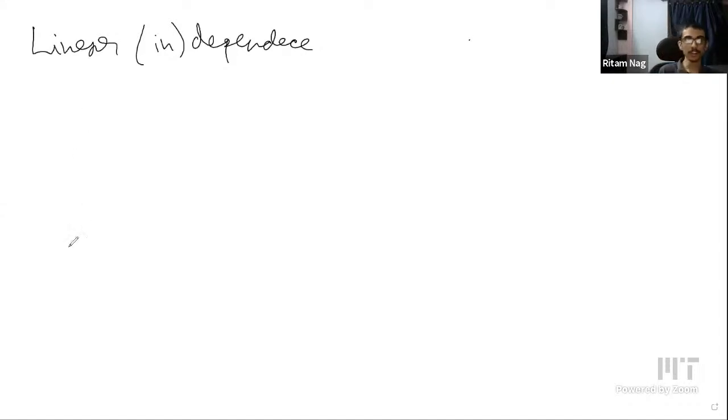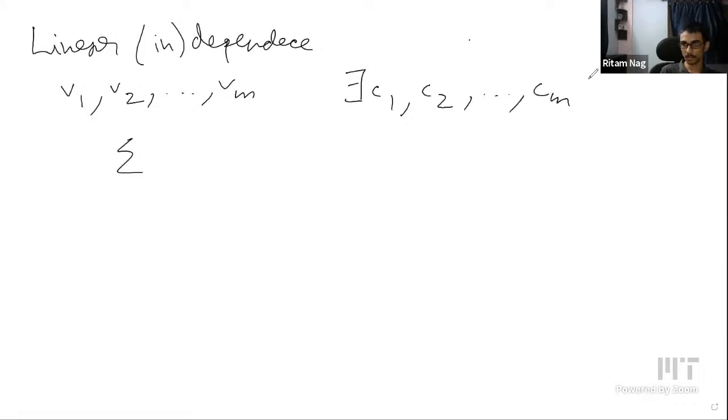The idea of linear dependence or independence is that suppose you have m vectors v1, v2, ..., vm as before, and suppose there exist c1, c2, ..., cm in K